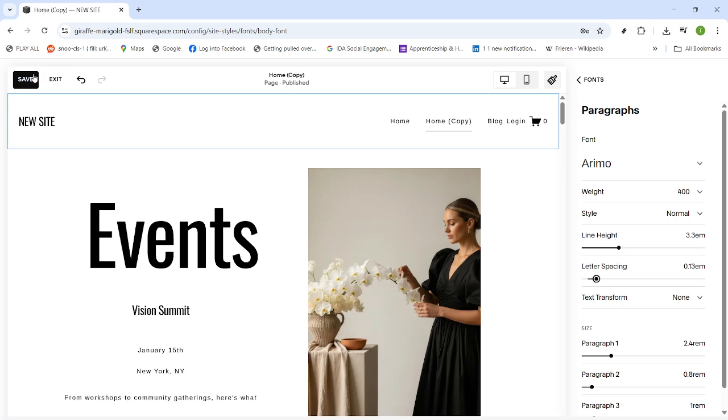When you're happy with the look, close the panel and save your changes. Saving applies the new line spacing site-wide wherever those paragraph styles are used. If you've customized individual blocks in the past, you may need to revisit those to remove overrides so your global settings take effect. That's it. Your Squarespace line spacing is updated, clean, and